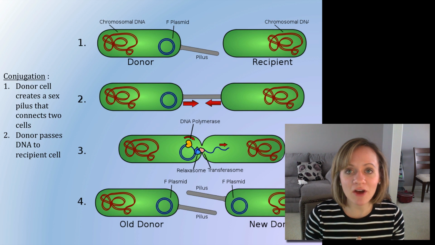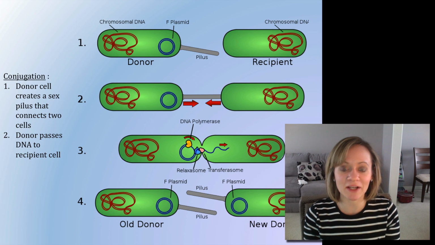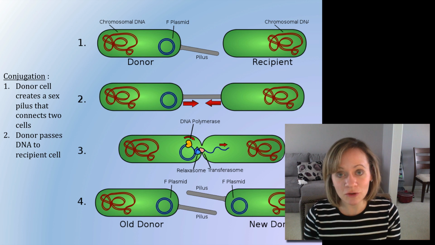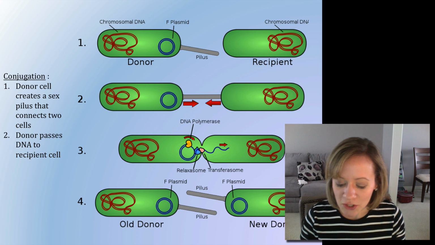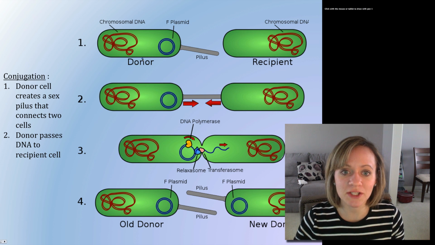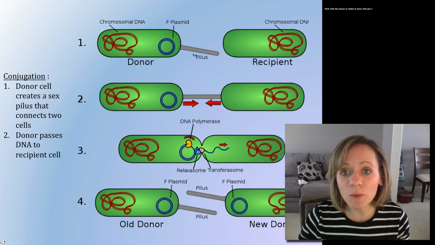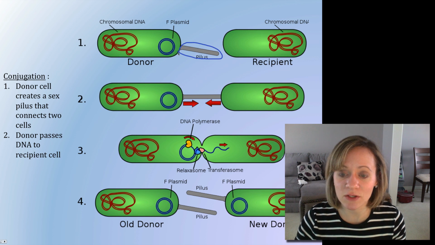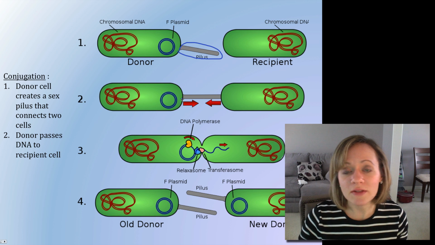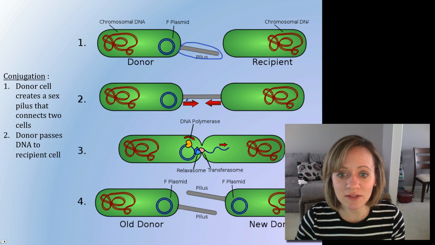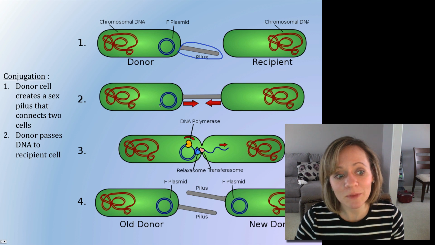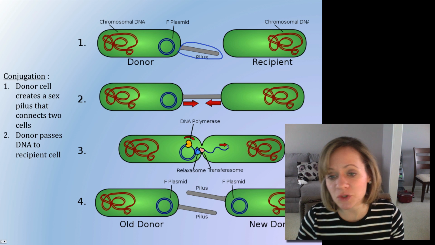And the last one is conjugation. I just like to think of this as bacterial sex because there is physical contact between the two cells. So here we have on the left side a donor cell. The donor cell is the only one that can create this sex pilus here. So it's just this sort of protrusion, this little bridge that connects the two cells. And then the donor cell is going to be able to pass DNA through this bridge, through this pilus, into